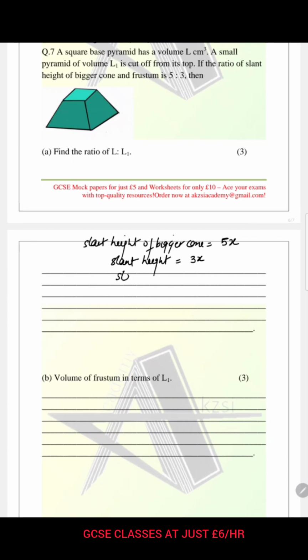So slant height of smaller cone obviously will be 5x minus 3x, which is 2x. So your length scale factor in this case is clearly the slant height of the bigger cone over slant height of the smaller cone, which is 2.5,